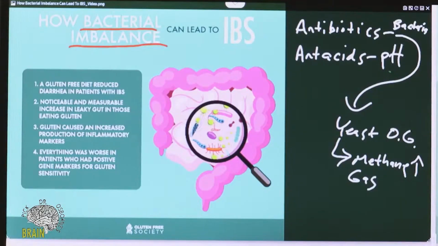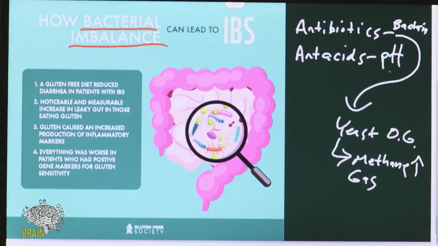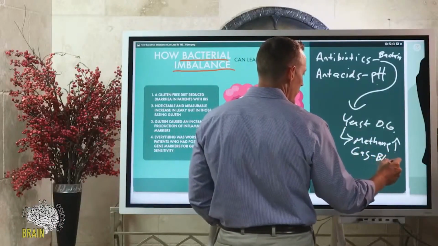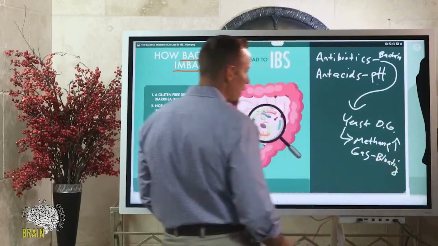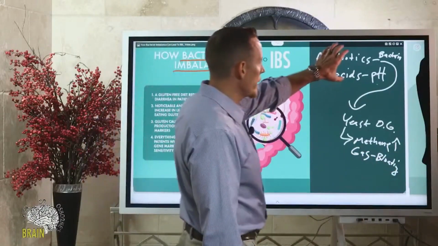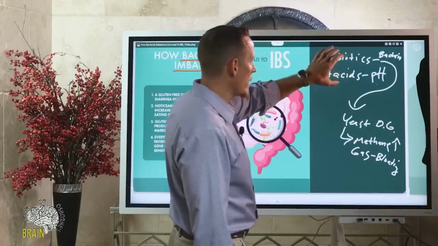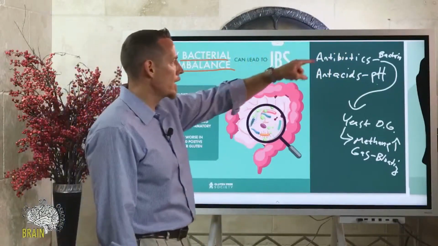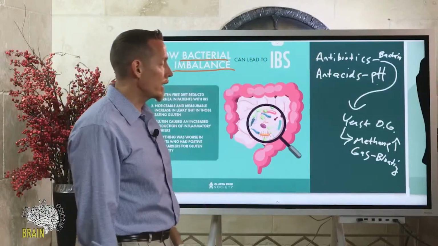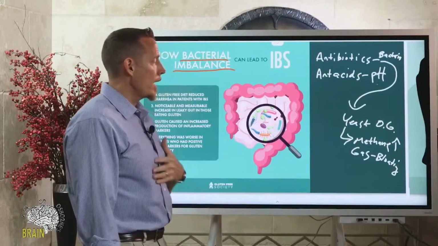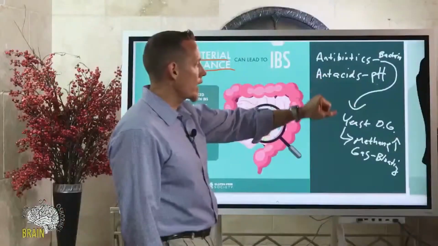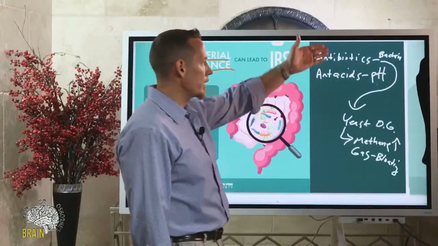We won't get into SIBO tonight. But methane gas can create bloating and distension and pain. And so subsequently, these two things can create irritation, right? So again, if we're talking about an irritable bowel, what's irritating? Sometimes the medications that you're on. Now, sometimes you'll go to the doctor and you're already irritated, and these are things they'll give you to try to treat the irritation, and then they can oftentimes make the irritation worse.